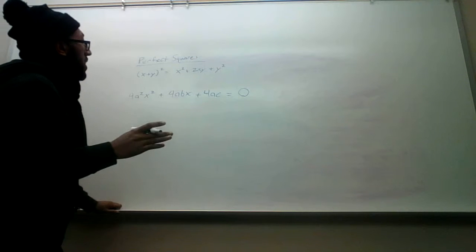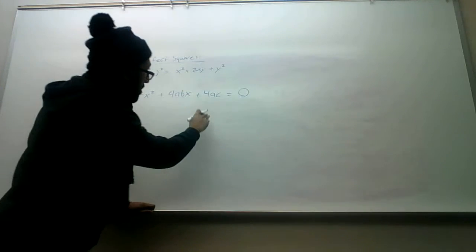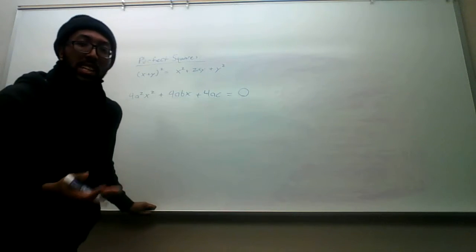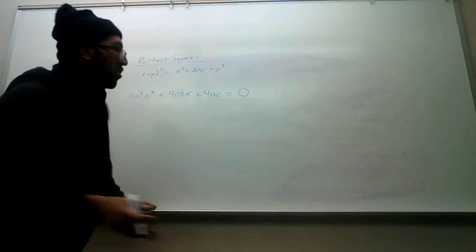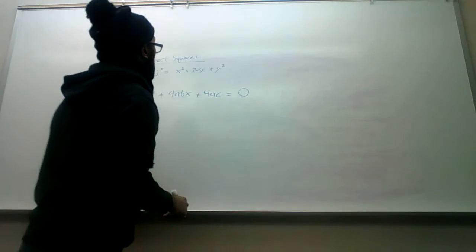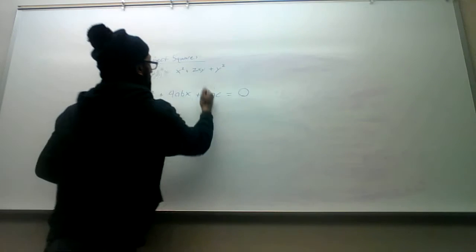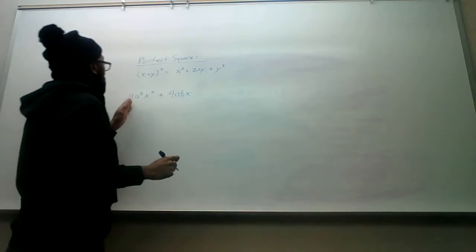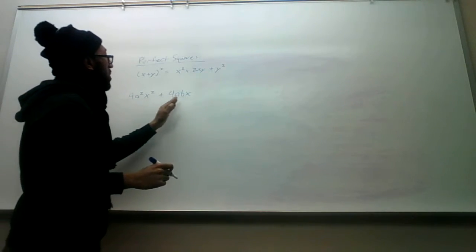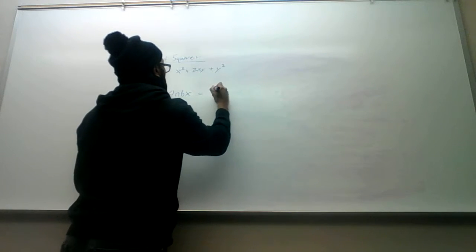Now this should already look familiar. We don't really need this 4ac, so we're just going to subtract 4ac on both sides. That gives us 4a squared x squared plus 4abx is equal to minus